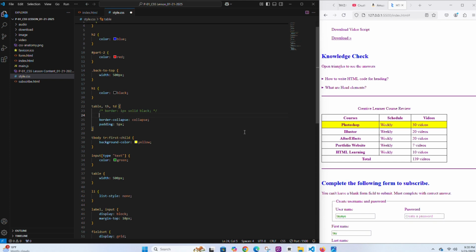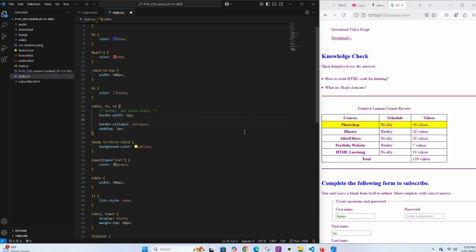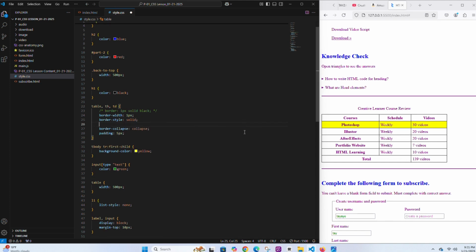To do that, I can just type, let's say, border: 1 pixel solid black. So that will be border width. I can type border-width, which will be 1 pixel, and the other one will be solid. Solid is a border style, so that will be border-style, and border-style will be solid. If I want to break it down, I can break it down like that, and then also the black, the color. So that will be border-color. Border-color will be, let's say, to make it a little bit different, what if we say blue,